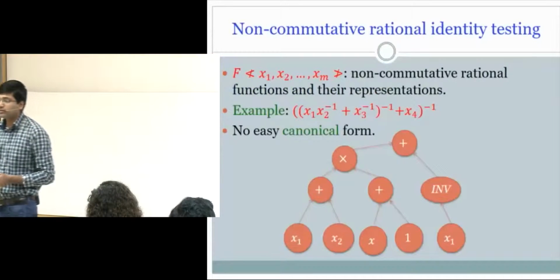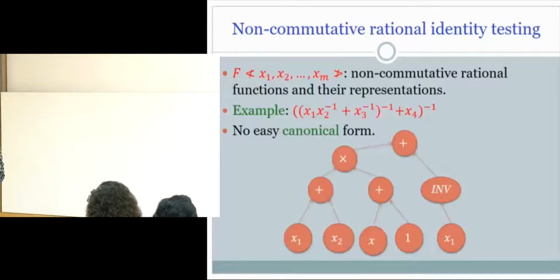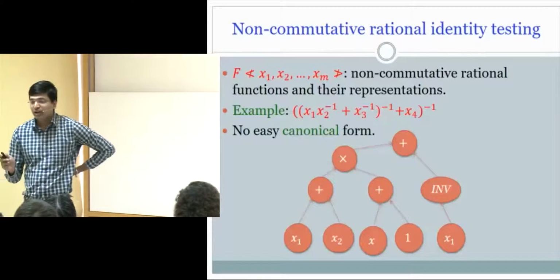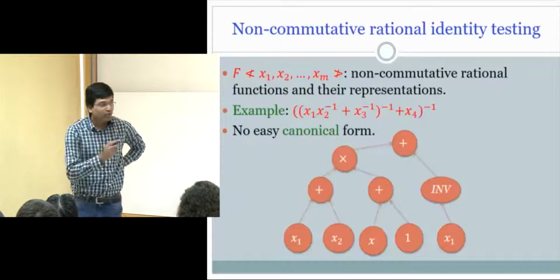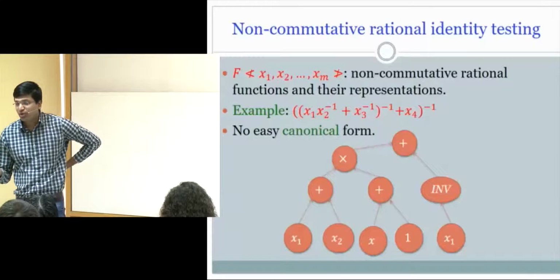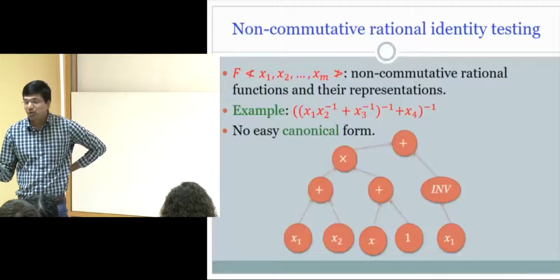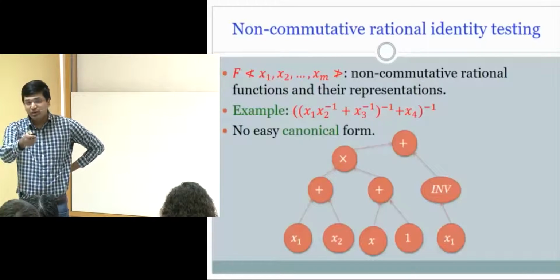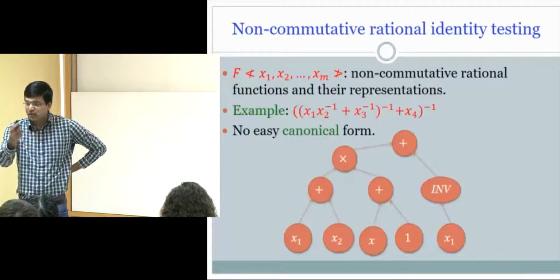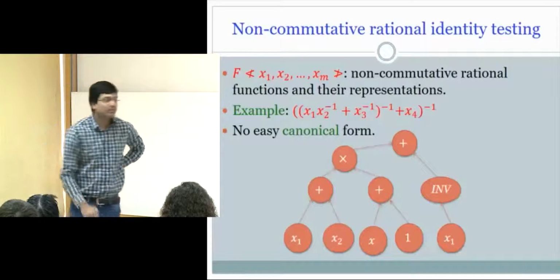Is there a way of just taking the Amitsur-Levitzki theorem and saying that if there is some non-commutative ring on which these two expressions differ, then they will differ on some 2D cross 2D matrix? Yes, that is true, but the dimension could be exponential. Before our work, only exponential bounds were known. We get around that and still give a polynomial time algorithm, but KV will talk about polynomial dimension bounds, which gives another way of solving this problem.